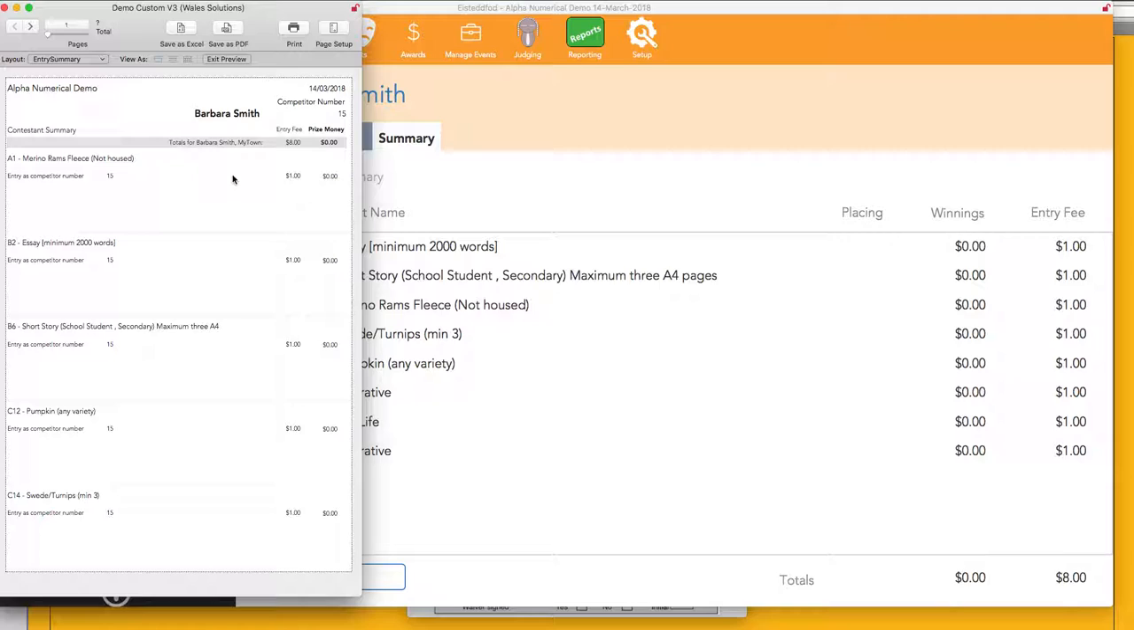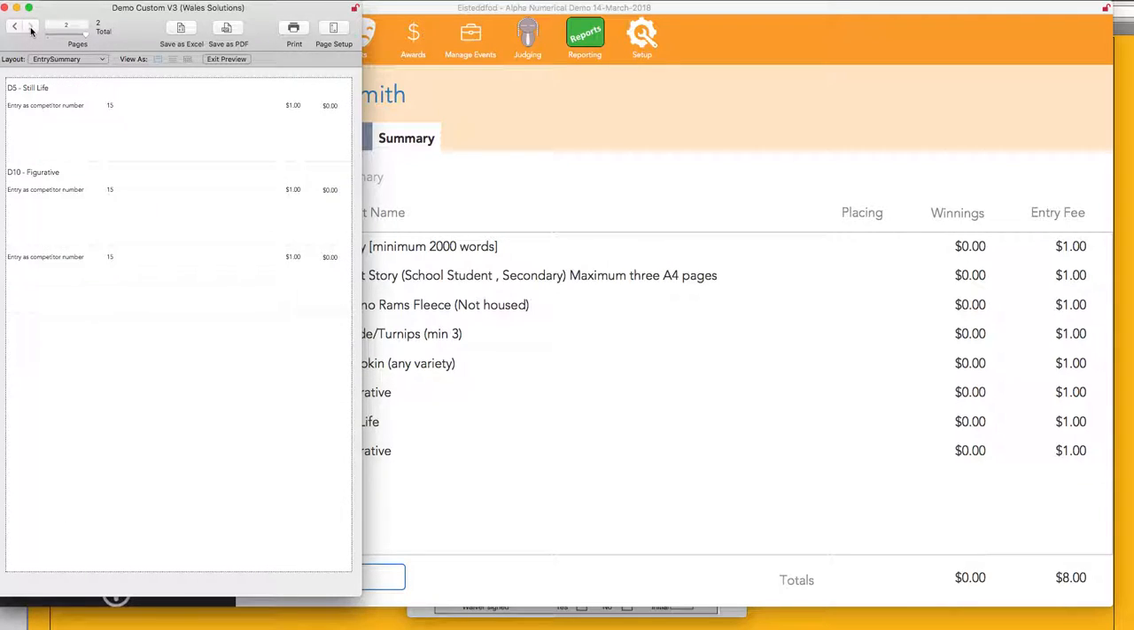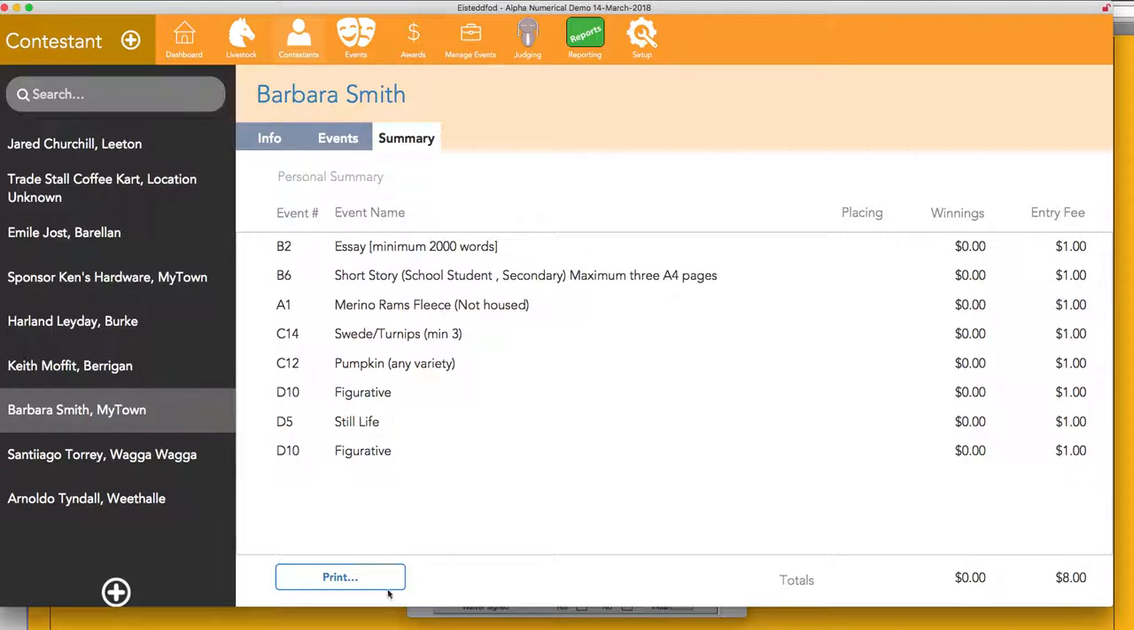So we have here what's called a summary sheet. It says she's paid $8, and if she'd been judged and she'd been judged to get some prize money, that would also show up in here and along there. But we can pick this greater than arrow to keep changing the page, and we'll see that in figurative there's 2 entries in figurative. So we can either print that out and give that to Barbara, or we can also print this one out,